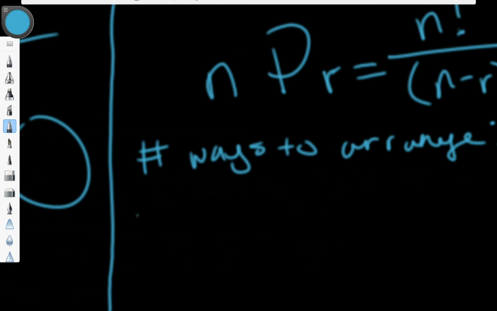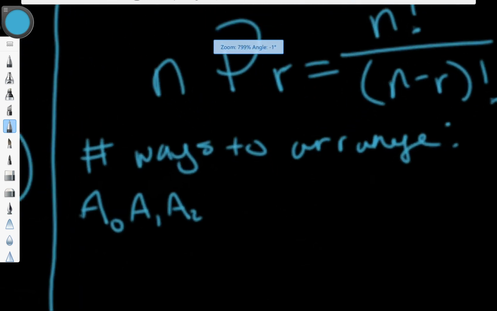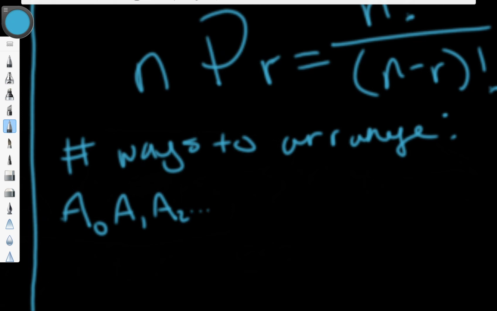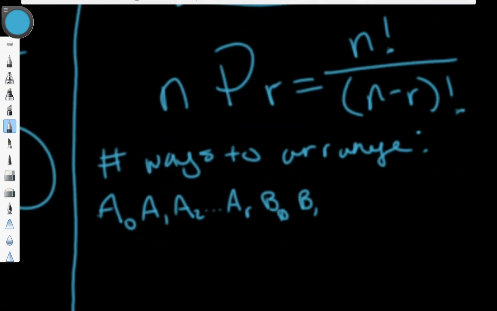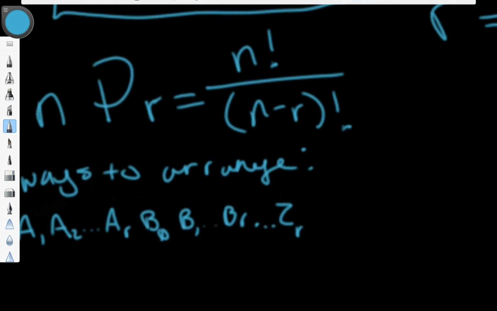You start at 0, right? A sub 0, A1, A2, AR. I'm just trying to think of a way to write this. B0, B1. And A0 is non-existent, so it's not there. Up to BR, all the way up to Z sub R is equal to,